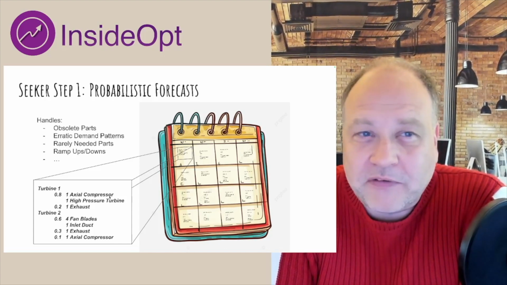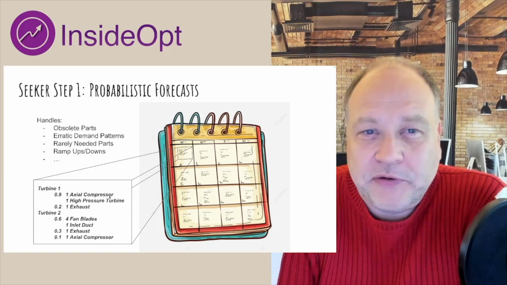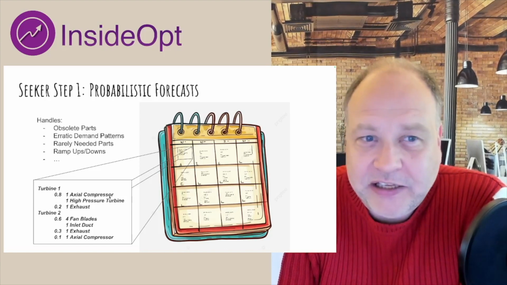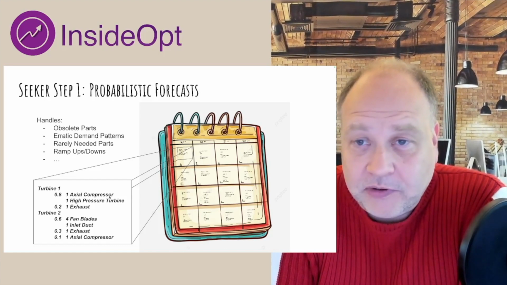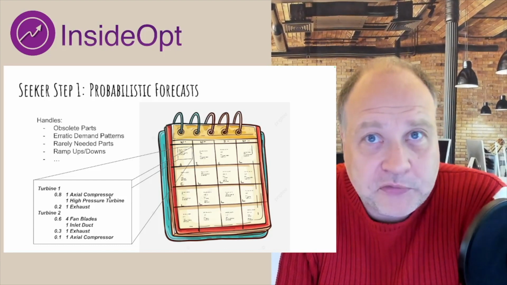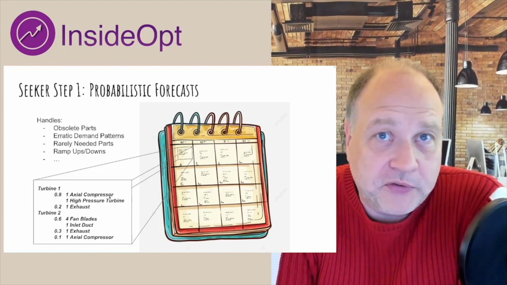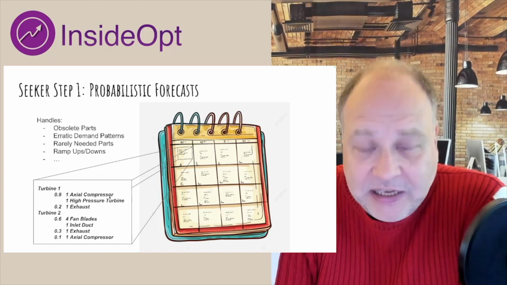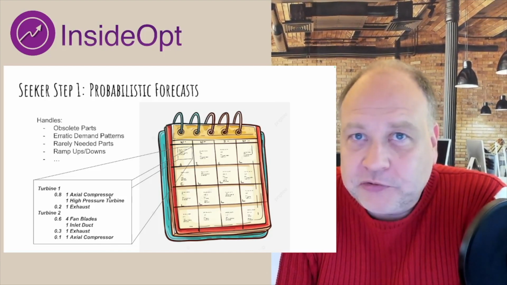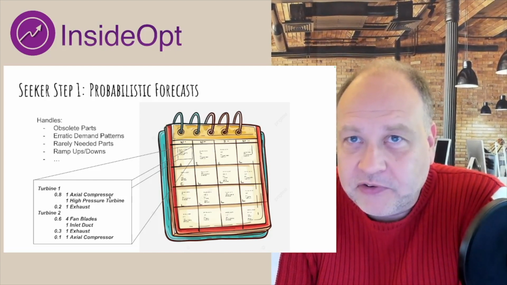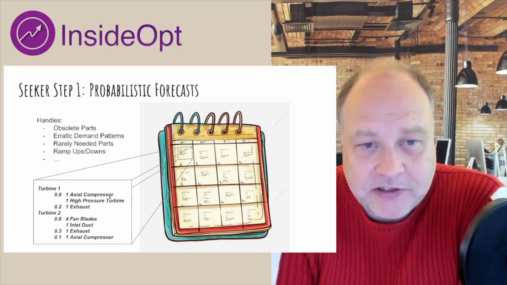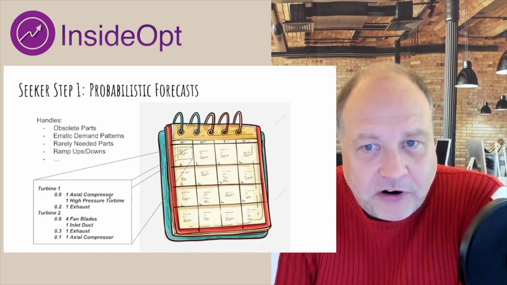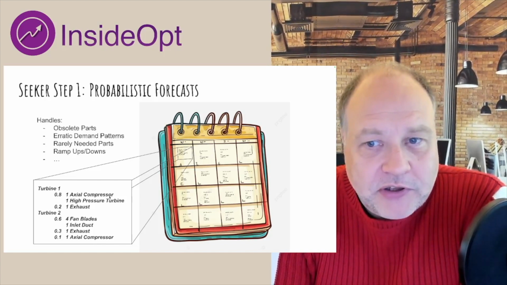What do you do if you have obsolete parts? If you have erratic demand patterns, rarely needed parts, or ramp ups and ramp downs, right? As assets go out of commission or come in for the first time for maintenance, you're dreading these situations because this is not a stable state, and you need to forecast these things,